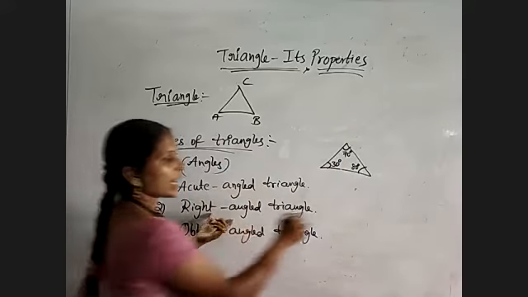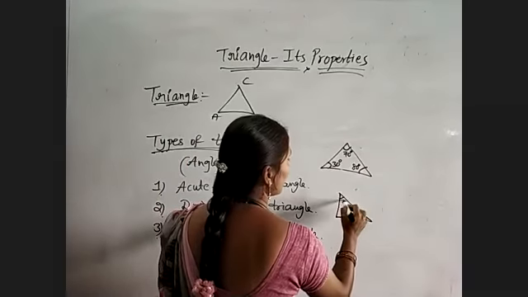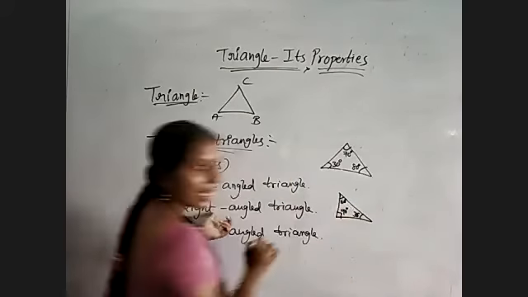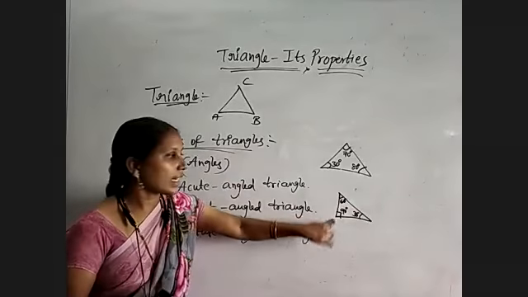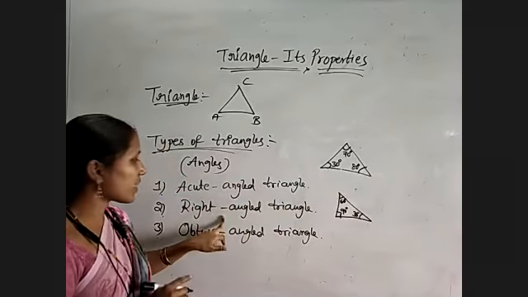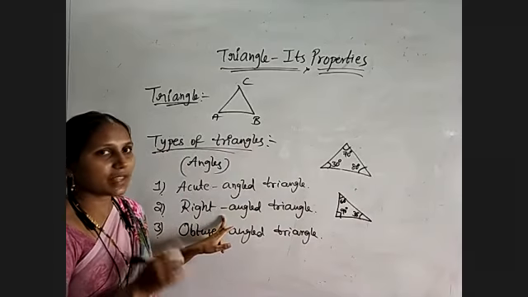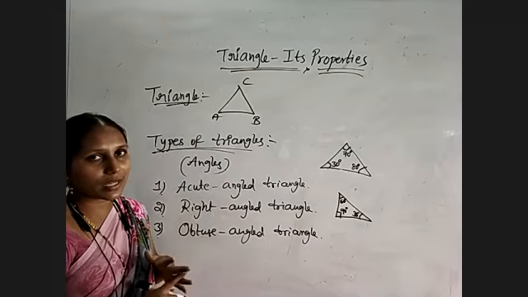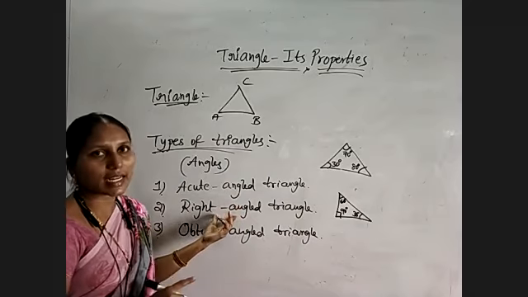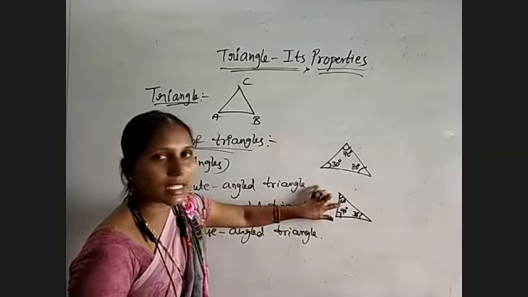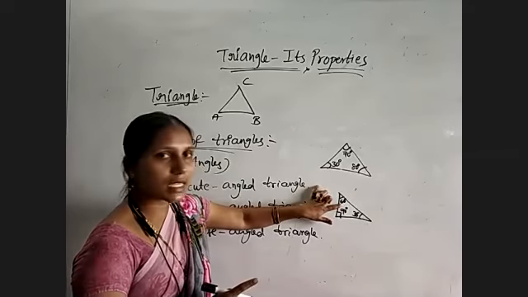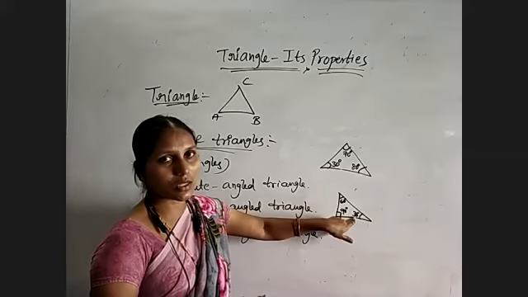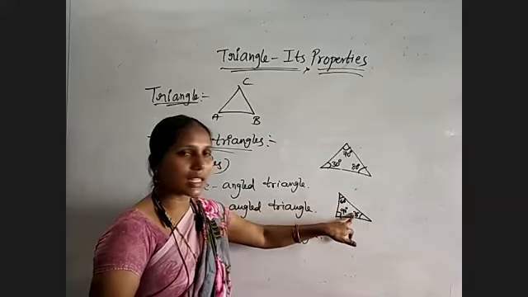And coming to right angle triangle, if they have mentioned like this, 60 degrees and 30 degrees. And one angle is compulsorily a right angle. One angle is a right angle, remaining two angles are acute angles. Such type of triangle is said to be a right angled triangle. If they are given in a right angle triangle, one acute angle is 60, what will be the other? They need not give the other angle. Why? Because they mentioned that it is a right angle triangle. So two angles are 90 and 60. 90 plus 60 is 150. 150 plus 30 is 180. That's all. Okay, by using the angle sum property, we will get the third angle.